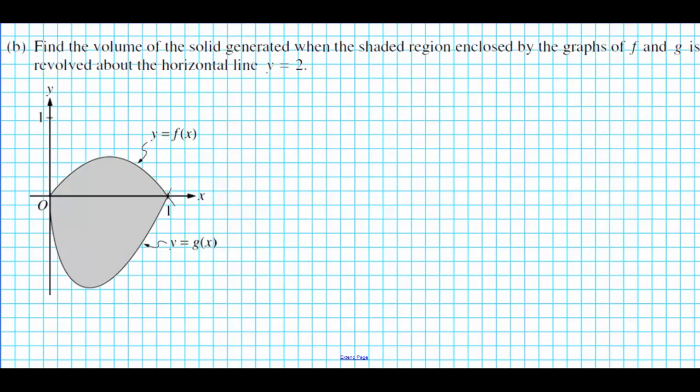It says, find the volume of the solid generated when the shaded region enclosed by the graphs of f and g is revolved about the horizontal line y equals 2. Okay, so if you look at the position of these two functions, they are both beneath 2, so 2 is going to be somewhere up here. So you have a situation where the bounded region is beneath the axis of rotation. Okay, that's important in the setup of